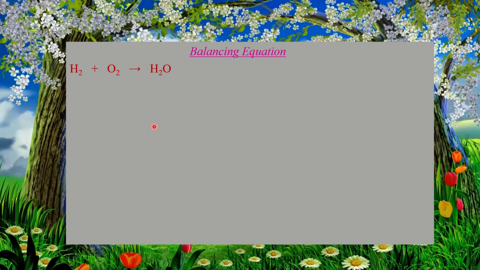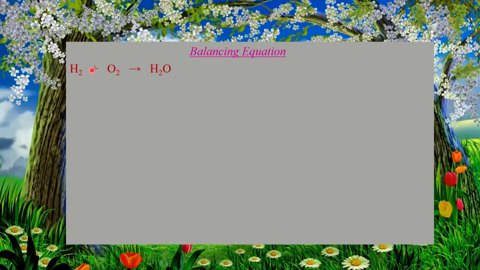And when the product is water, now look, the reaction is not balanced. Here, the atom number of hydrogen is equal on the left side and right side, but the atom number of oxygen is not balanced. Here, there are 2 atoms of oxygen present on the reactant side, but there is only 1 atom of oxygen present on the right side, on the product side. So when you balance the equation, you can multiply the reactant or product by an integer, and it will be written on the left side.